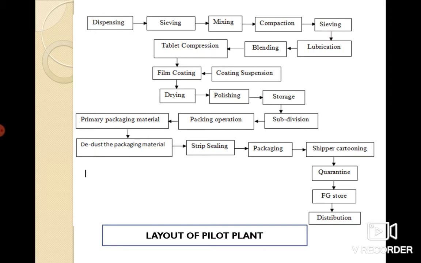We already know tablets are commonly manufactured by wet granulation, dry granulation or direct compression. These methods may be considered to consist of a series of steps called unit processes, like weighing, milling, mixing, granulation, drying, compaction, coating and packaging. So according to each step, there is a need for a requirement in the design of any pilot plant area.